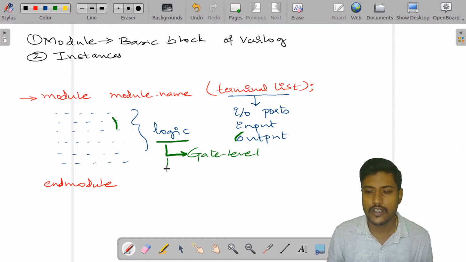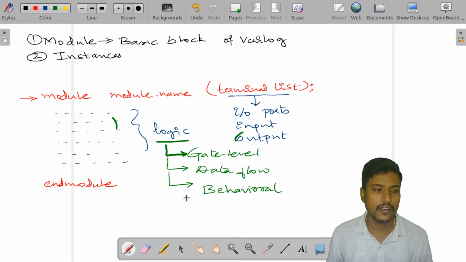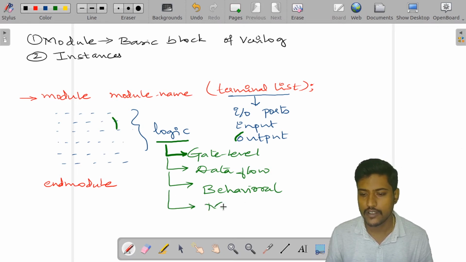The same logic I can write in terms of data flow, and one more level of abstraction we can have is behavioral. And one more I can have is mixed level.